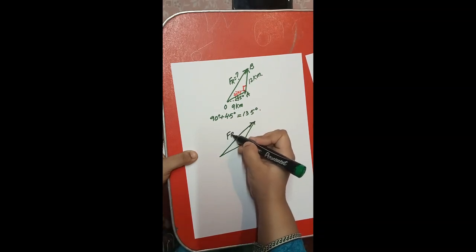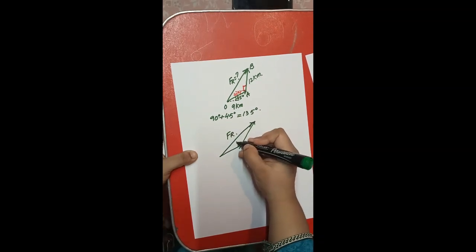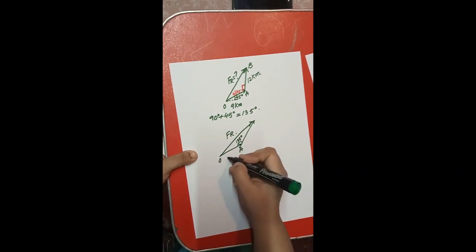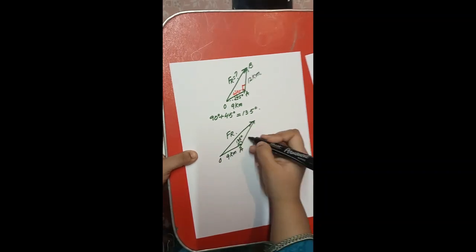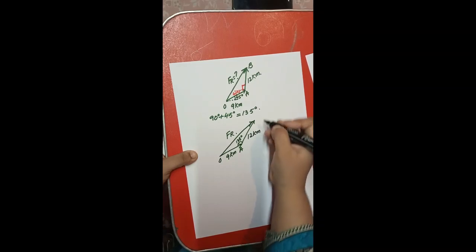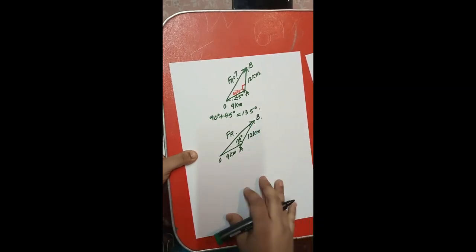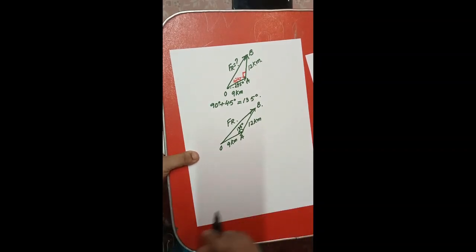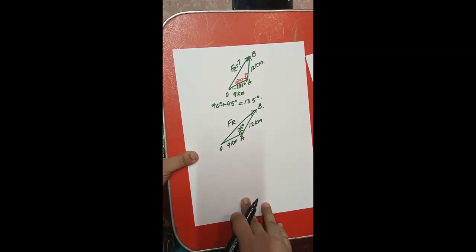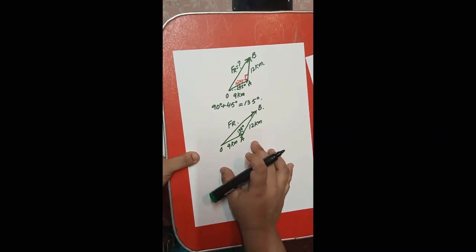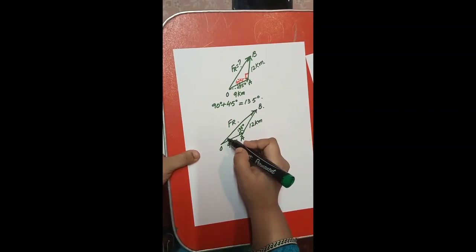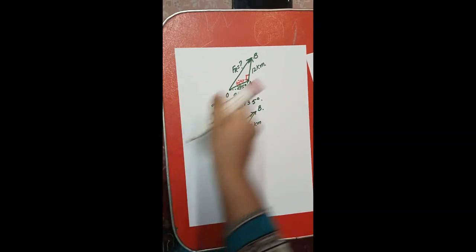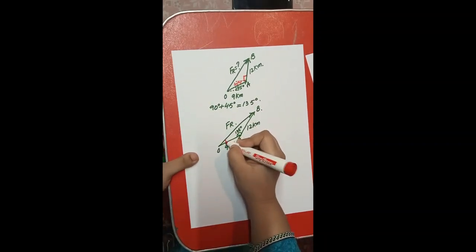We have to find out FR. Here is 135 degrees. This is O to A, that is 9 kilometer, and this one is 12 kilometer, and this point is B. One more thing I have to tell you here: we cannot use sine law here because we do not have this angle. Let me mark it with another marker so that it shows properly.